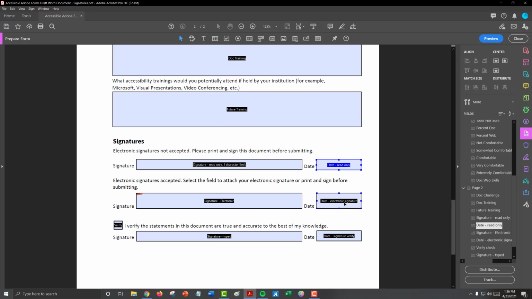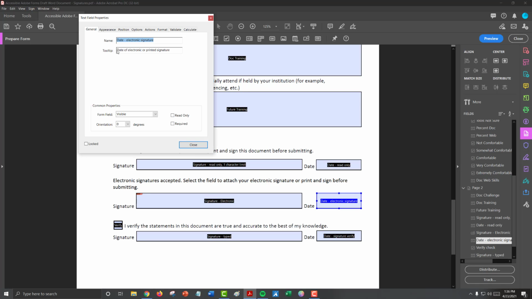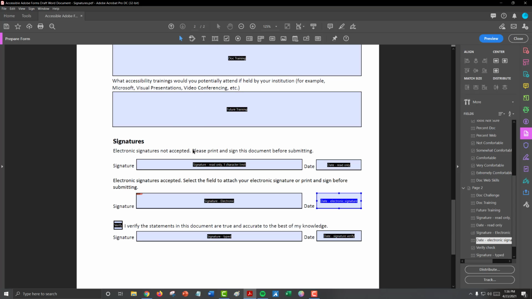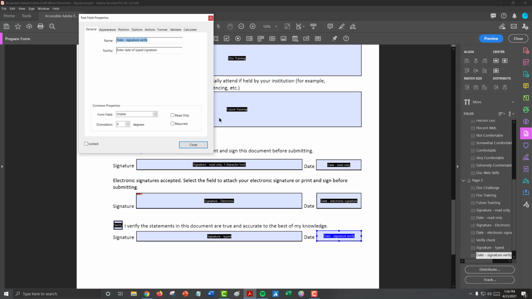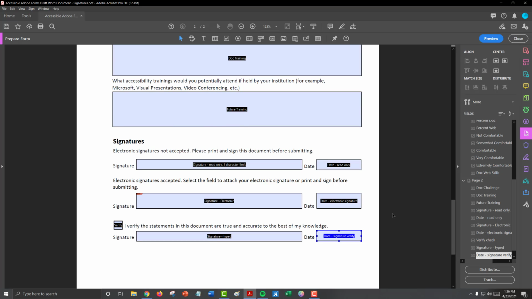For our electronic signature field, our tooltip is date of electronic or printed signature. And finally, for our verify statement, we have the tooltip of enter date of typed signature. So you need to provide that context for what the date is for in reference to the signature.